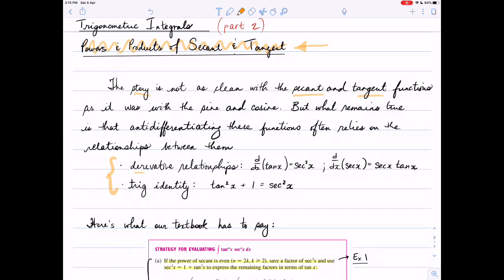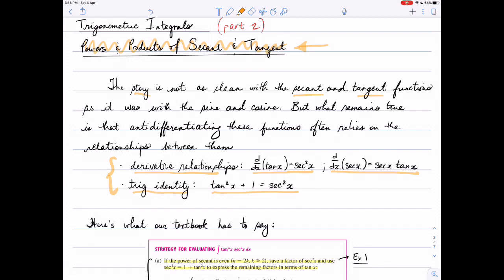We use the derivative relationships, the derivative of tan being secant squared and the derivative of secant being secant tangent. And those derivatives just aren't as clean as the sine and cos derivatives. So the resulting antiderivatives here just aren't as nicely categorized. We're also going to use the trig identity, it's also a Pythagorean identity like there was for the sine and the cos, that tan squared plus 1 is